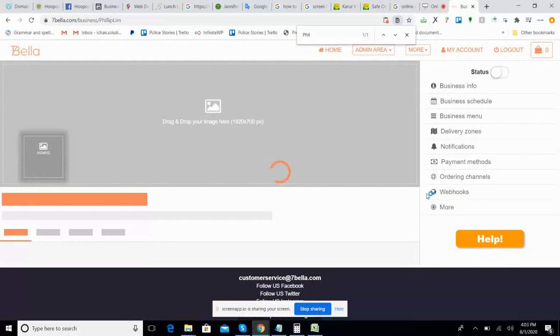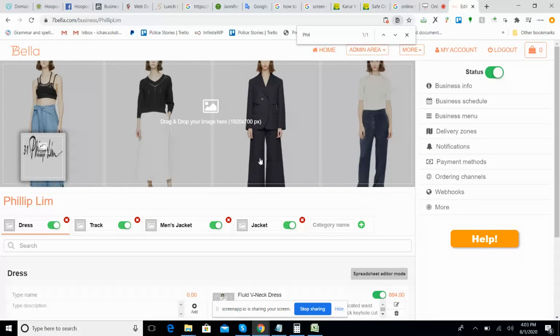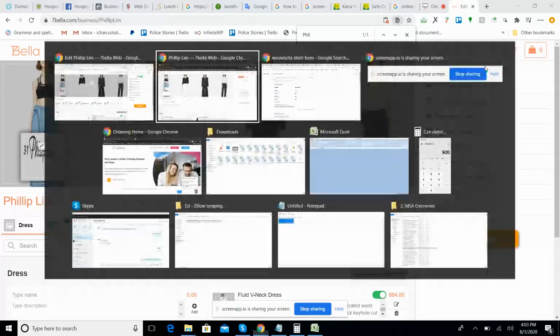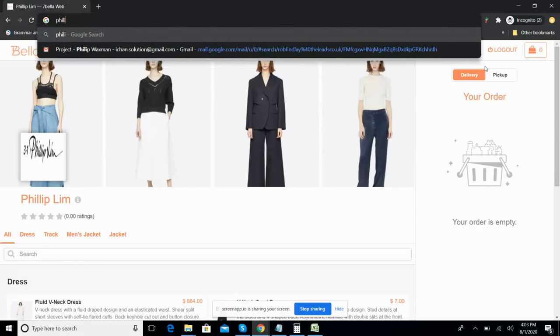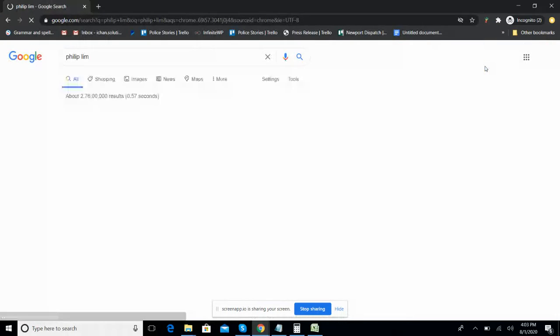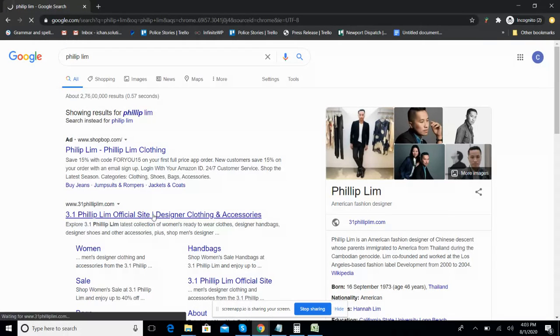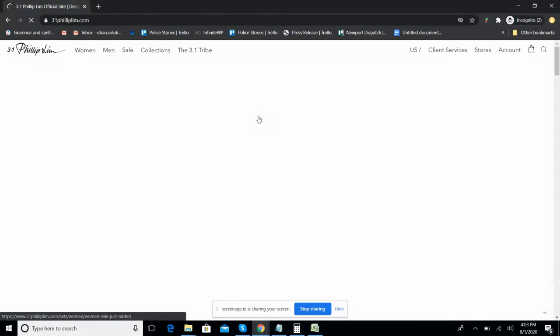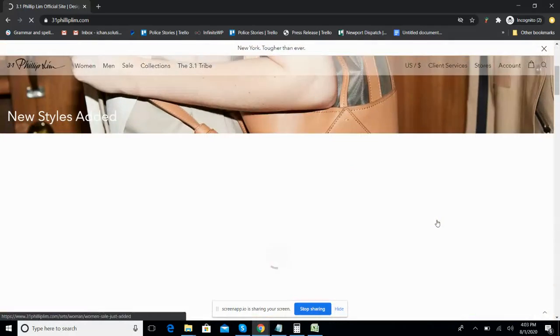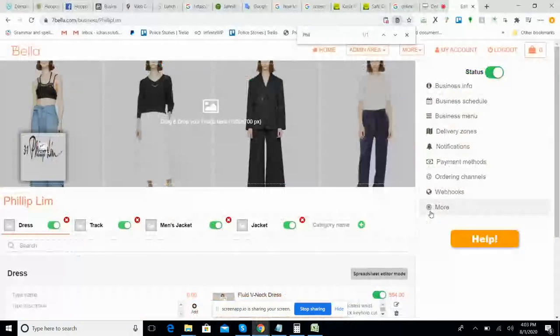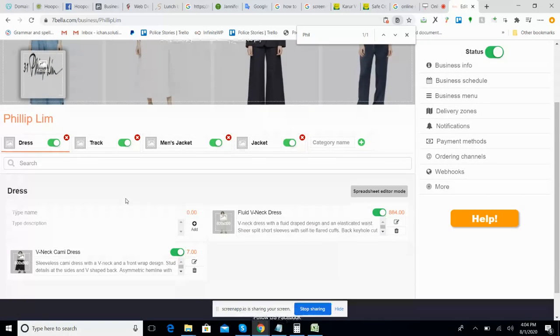So you can see the edit. Normally, this is the banner section we are working on. You can ask the store owner to get the banner, but normally I have collected it from their website. So it's easy. For example, I can show you how I work. So this is the store. When I go to the website, I just collected their banner. This is the logo of the store. Okay, here is the product.